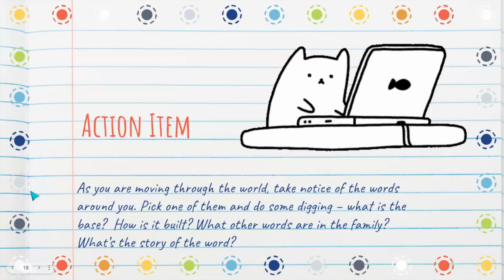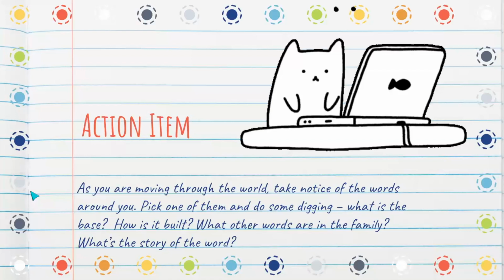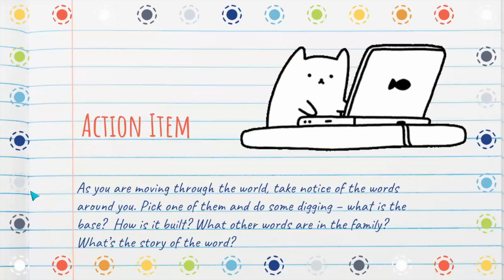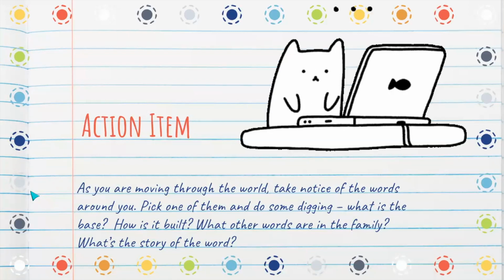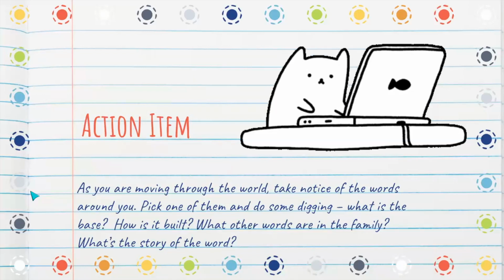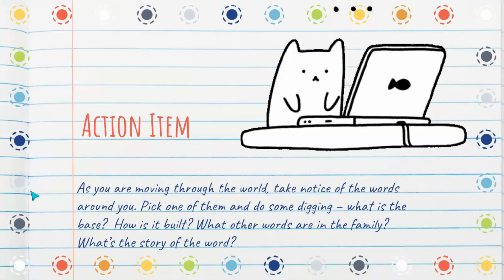So here's your challenge. Over the course of the next month, take notice of the words around you. Pick one. I mean, if you can only pick one, you're doing so much better than me, because I'm distracted by words all the time now. But take some time and just ask yourself, how do I think this word is built? What's the base? What other words might share the space? Does this prefix make sense? Can I think of other words that use this prefix or this suffix? Is there something in Etymonline that helps me understand what this letter's doing here? It doesn't appear to be making a sound, so why is it there? Or